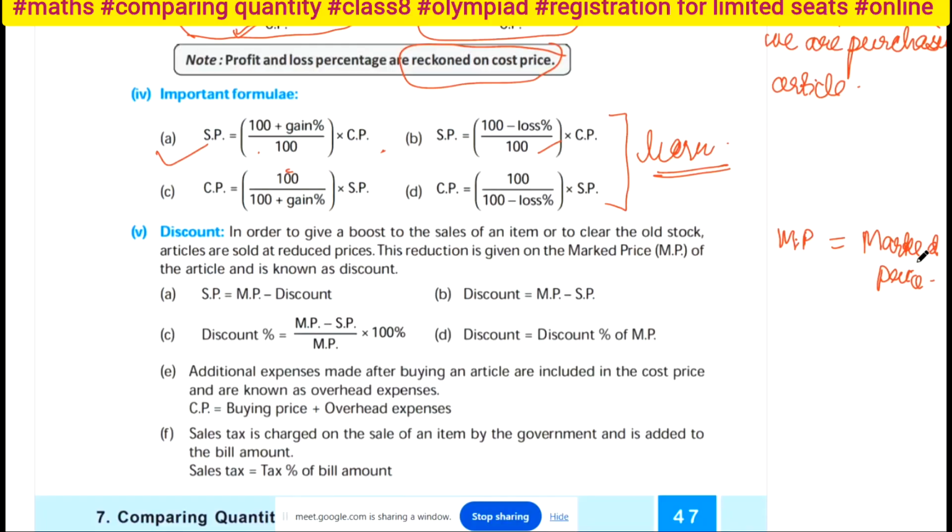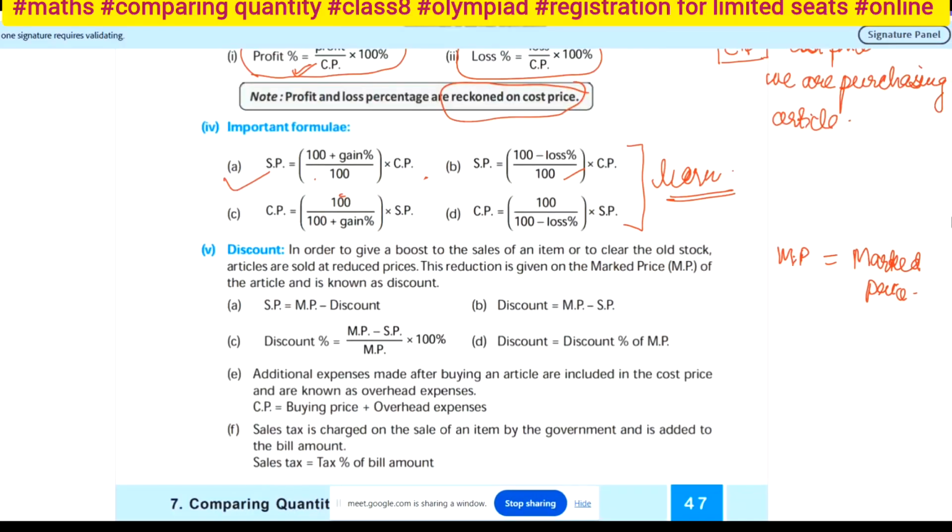This applies whenever we are discussing discount type of things. Now see, what is discount? Discount is your marked price minus selling price. One more thing is that sometimes during sales, like Diwali sale, Navratra sale, all these are sales. What they do is give some percentage of discount on the old stock to clear their stock. Shopkeepers do these kinds of activities. So there is a reduction in the selling price, so they mark that as your discount amount.